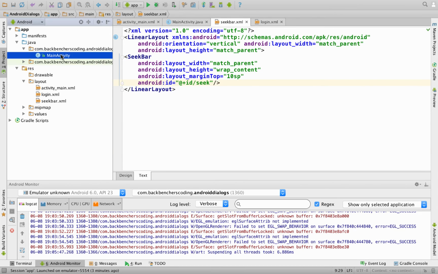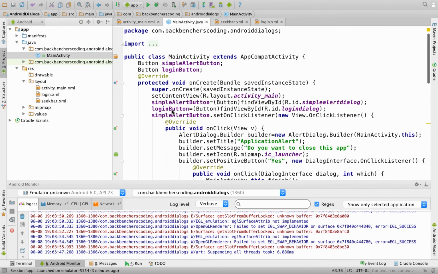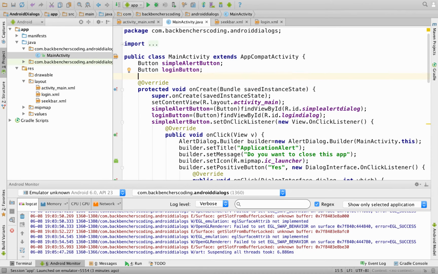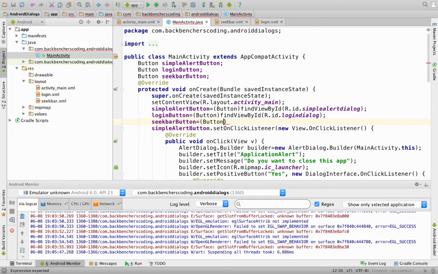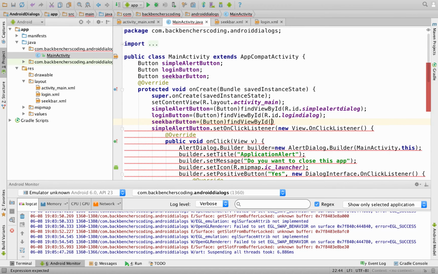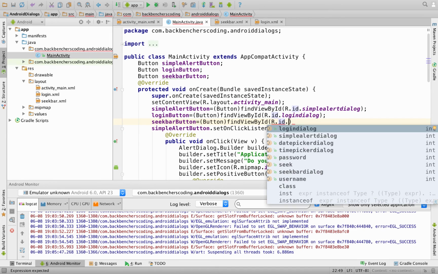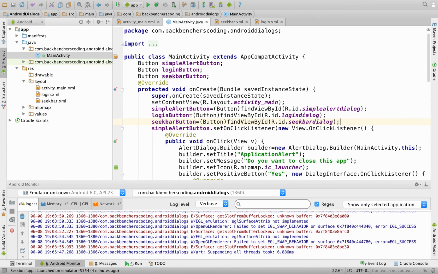Now we go to MainActivity.java and create its class variable. So Button seekBarButton, and get its control in the form of Java by using findViewById, R.id.seekBarDialog.